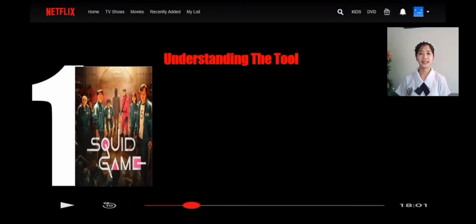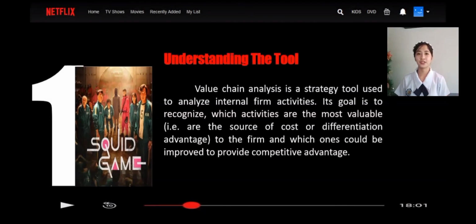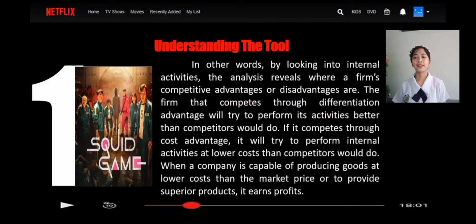So, in understanding value chain analysis as a strategy tool used to analyze internal firm activities, its main goal is to recognize which activities are the most valuable to the firm and which ones could be improved to provide competitive advantage. So, in other words, by looking into the internal activities, the analysis reveals where a firm's competitive advantages